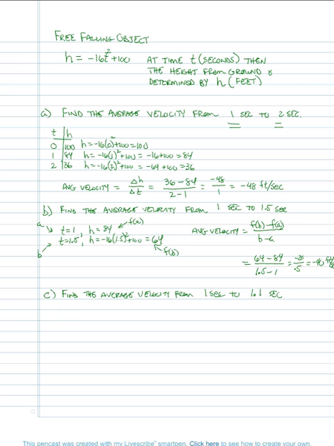So we go through this idea again. When t is 1, we have an h that is 84. When t is 1.1, I've gone through and already done the calculations, and putting it in to calculate h, I get 80.64. So when we calculate the average velocity,